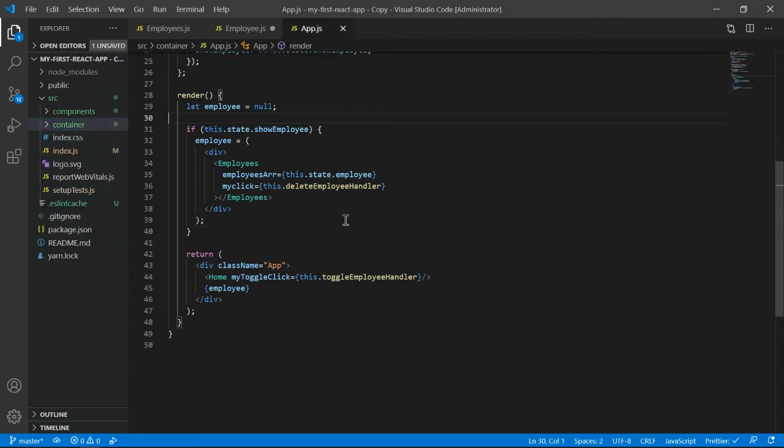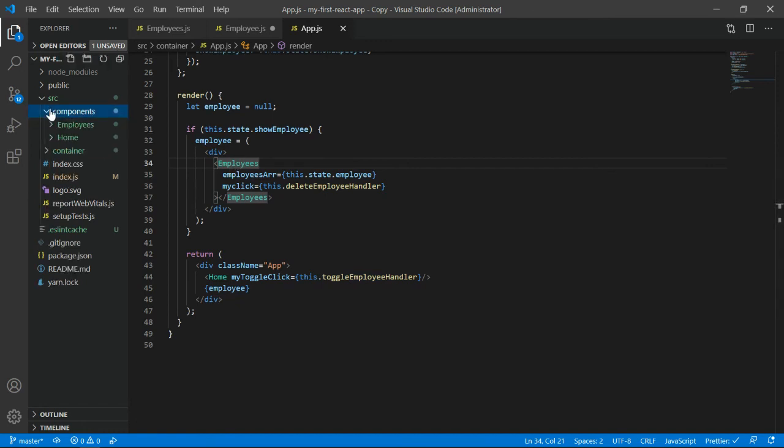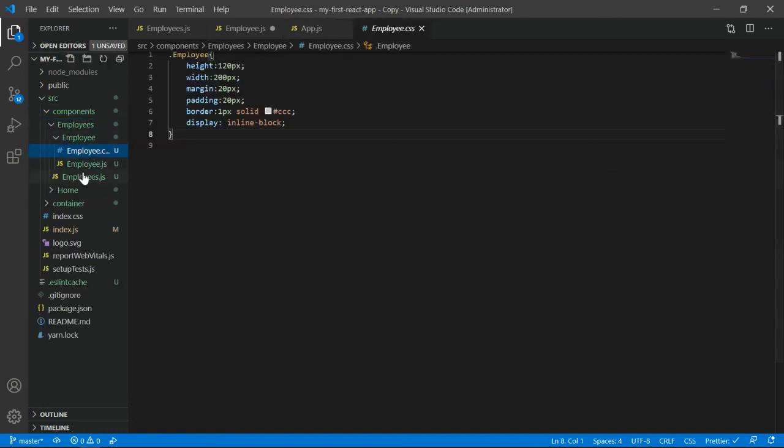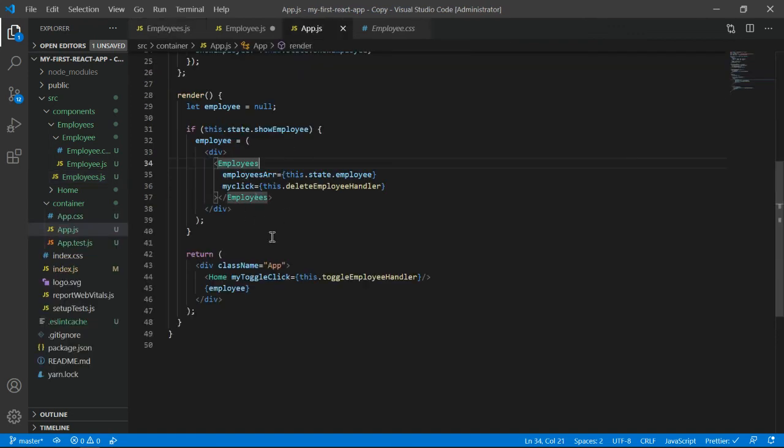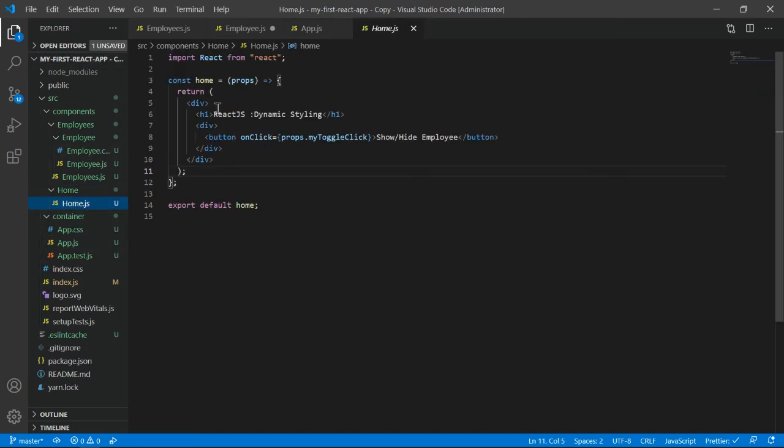Another update is that earlier we were using just employee here, but this time I'm using this employees collection. Let me open this employee one, the parent one. We were doing such kind of mapping: fetching all the employees, adding them to an array, and then writing the employee one by one. So app.js was responsible for doing that, but as I said, we should clean this app component as much as we can and separate out the things which are practically possible. Similarly, at the bottom there was a lot more code written, so I have removed this and moved this code here as well.